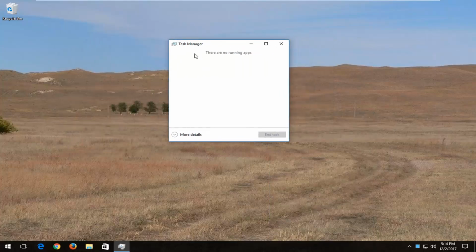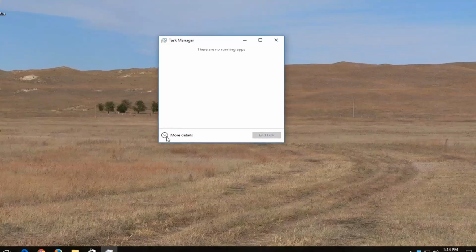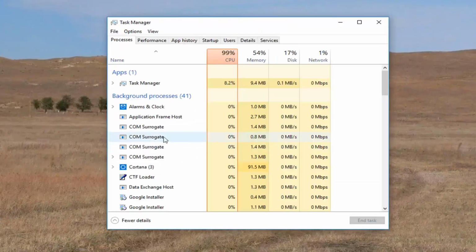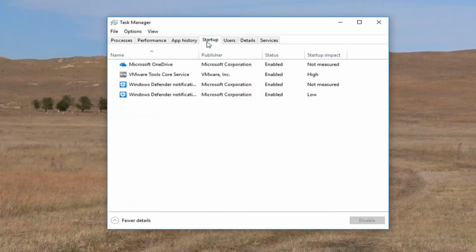If your Task Manager view looks like this, expand it by clicking on this More Details button, and then you want to go up to the Startup tab at the top. Any programs or applications listed in here should be able to be disabled without too much of a hassle. The exception to this would be any antivirus software, anti-malware applications. I'd recommend keeping those enabled, but for the most part, most of these can be disabled, like Microsoft OneDrive or